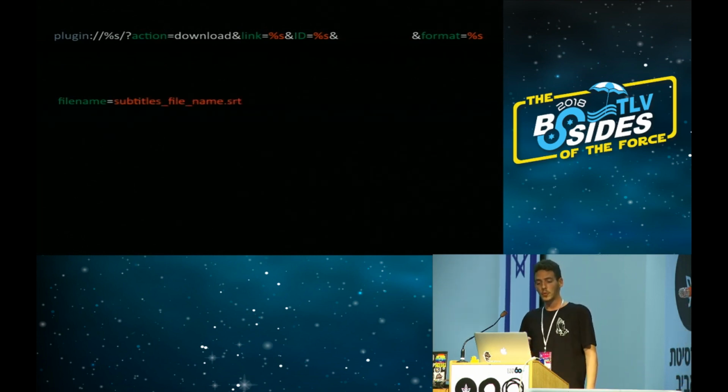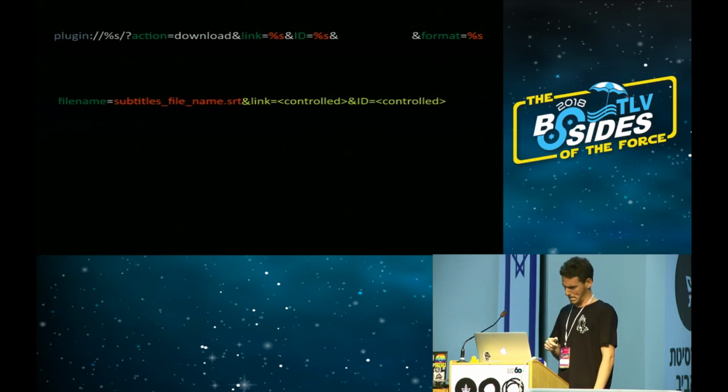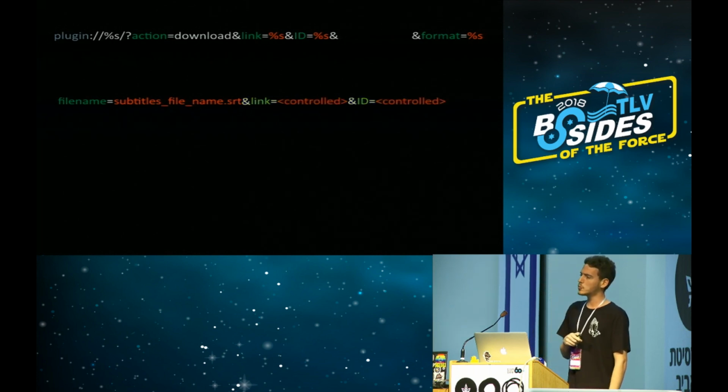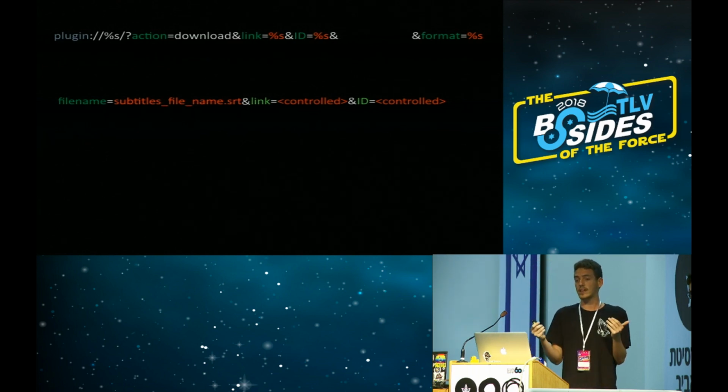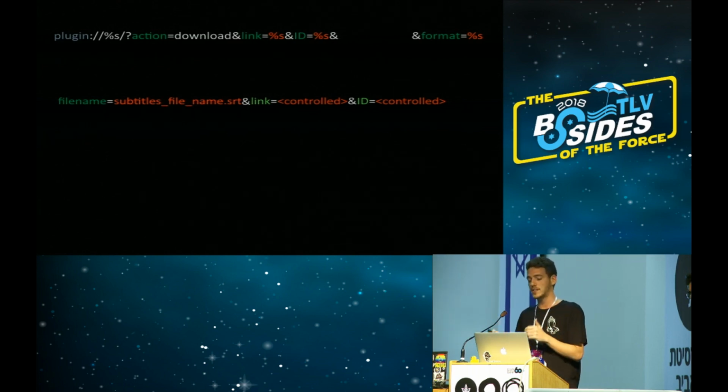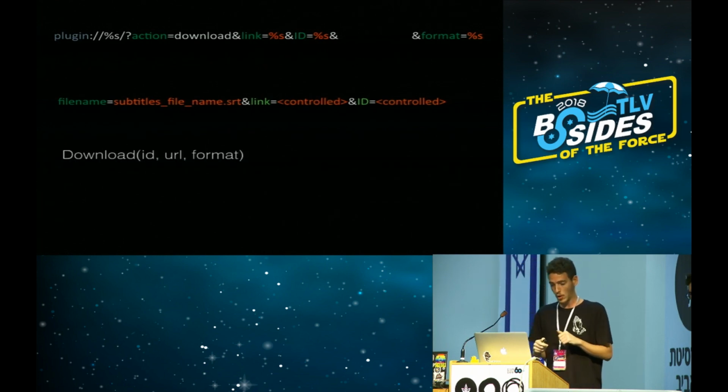But what if afterwards we append the ampersand sign, and then something like this? So this would effectively overwrite the original link and ID parameters, which we originally didn't have any control over, simply because this is a string and it is being parsed by a very basic split function. How does this help us? Well, once the